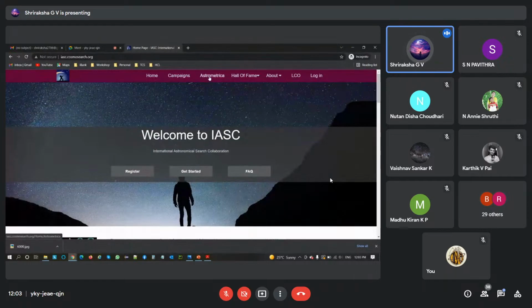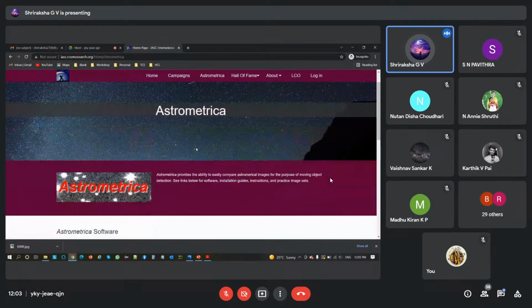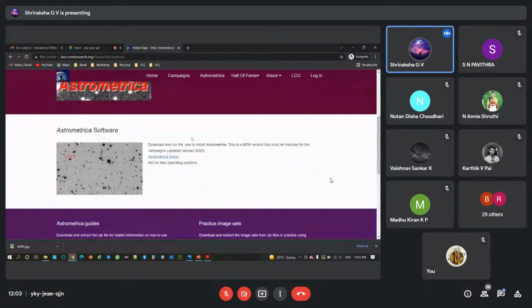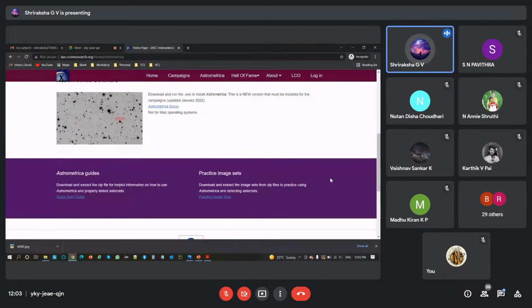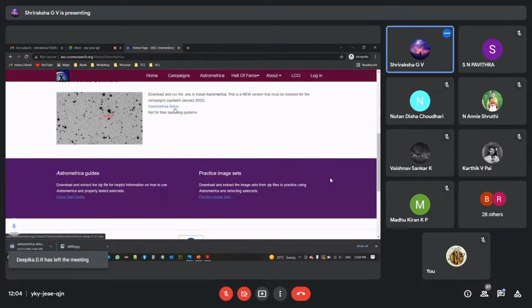First, we need to go to Astrometrica. There you guys see this beautiful example they have already given, one object moving in a straight line. This is an asteroid. I think it was detected by citizen scientists only. So here you see the Astrometrica setup, quick start guide, and practice image sets. So this is the Astrometrica setup, and when you click on this,